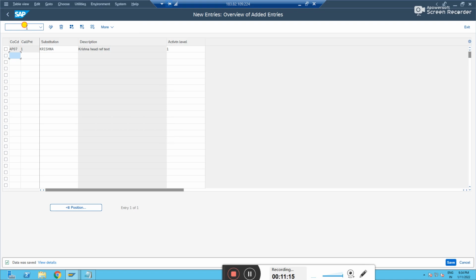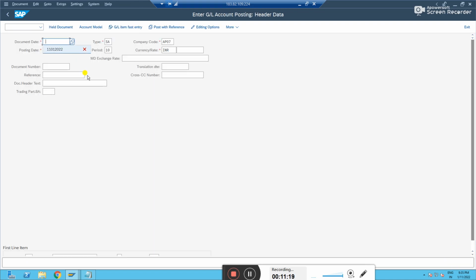Done. This is done. So now let me go and try to post the entry. Now validation I'll get for the reference field. I'll get the substitution value automatically filled in the document header text. Let's see. First I see, the minute I click enter, the field is automatically filled by the system, where it has taken from the substitution.